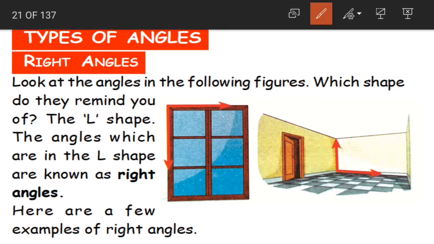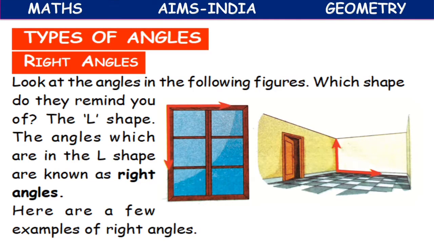When these two sides meet here, it forms an angle. Now, what is the shape of the angles here, children? See, here this is one angle and this is our other angle. Both the angles are in the L shape. This is a bit of an inverted L and this is the L that we know. Both are in the L shape. So when an angle is formed in this L shape, what is it? Listen carefully. When the angles are formed in this L shape, it is known as a right angle.